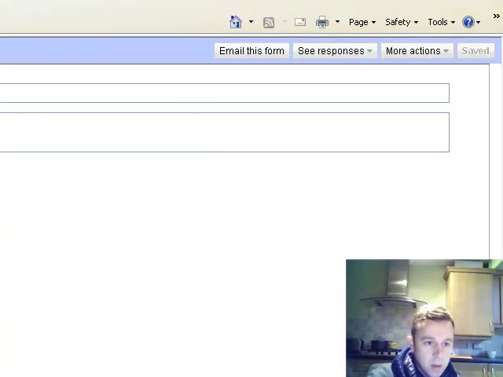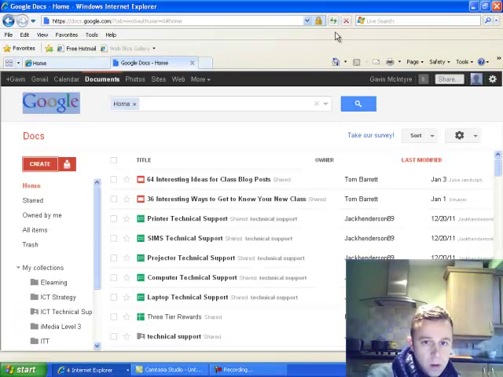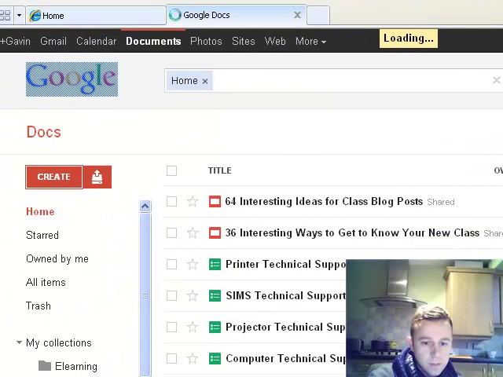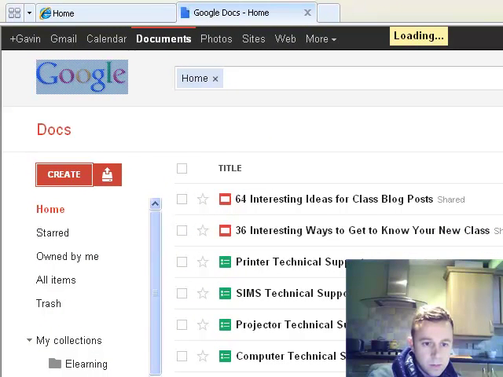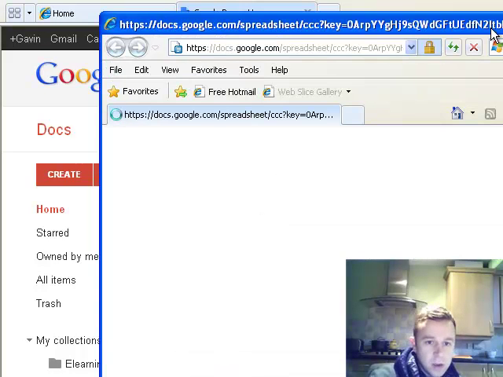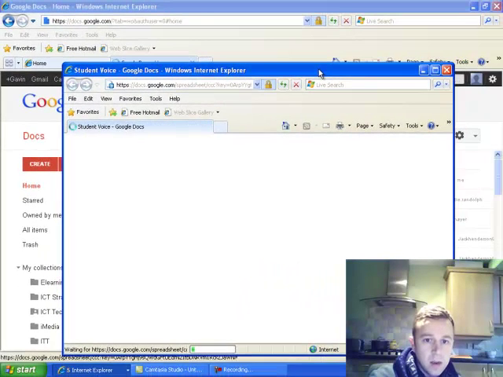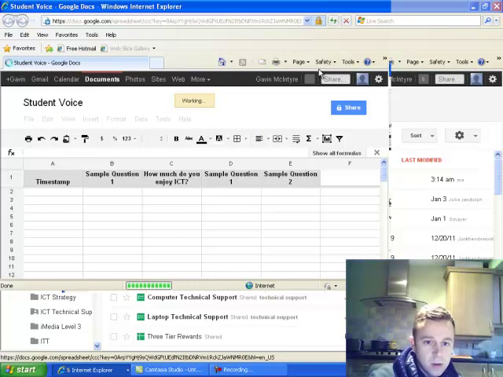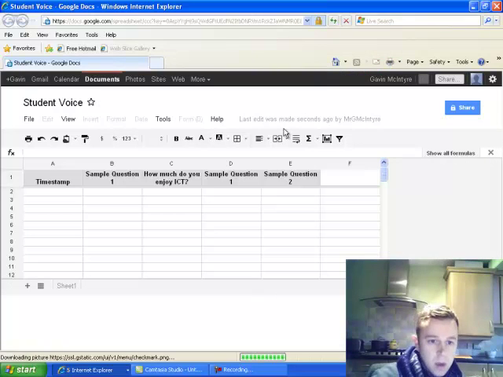You can change templates and various different things, which is very easy to do, but I'll skip that because it's so straightforward. And I'm just going to close it down. You can see now when I refresh my Internet Explorer page, I've got a new student voice form. When you click on the student voice form, it doesn't take you to the form anymore, it takes you into the spreadsheet that would contain all of the data that you've gathered. Obviously once you're starting off, that's not how you would want it to show you the results at the minute. So in order to get back into your form,